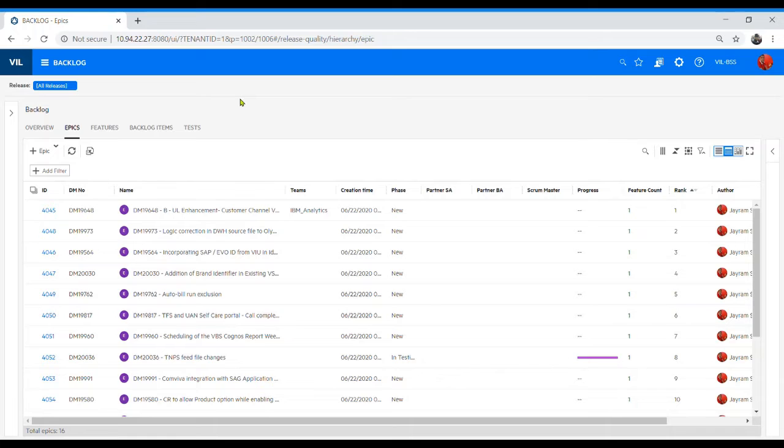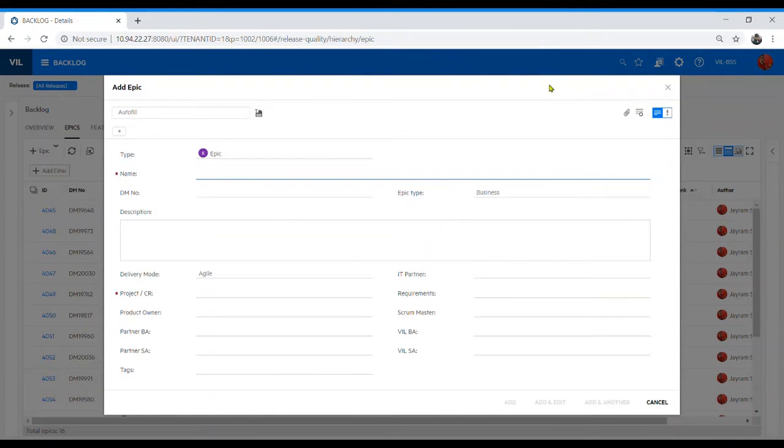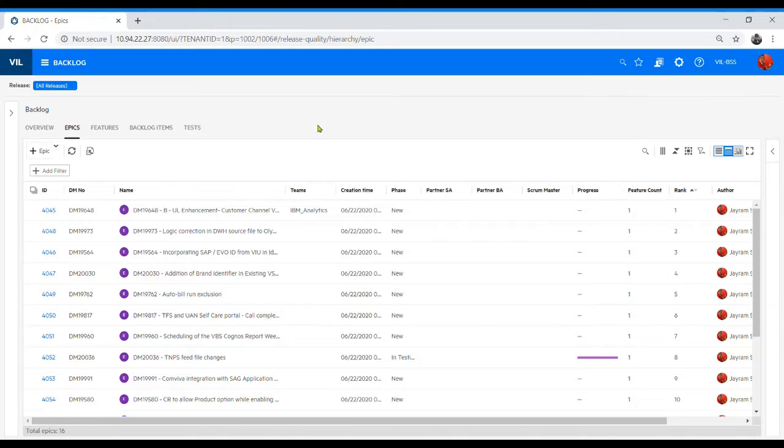Backlog is the section where we have all the to-do list, all the demand which is raised in this Vodafone world. This is listed over here in terms of the epic. So the practice which we have is that all the product owners should go and raise their demand over here. They will take that input from the ITDM tool, the required fields, and they will come over here and create an entry for an epic. In another video, I already covered how to create this epic, so I'm not going to repeat that. However, once you create that backlog item, it will be listed here.